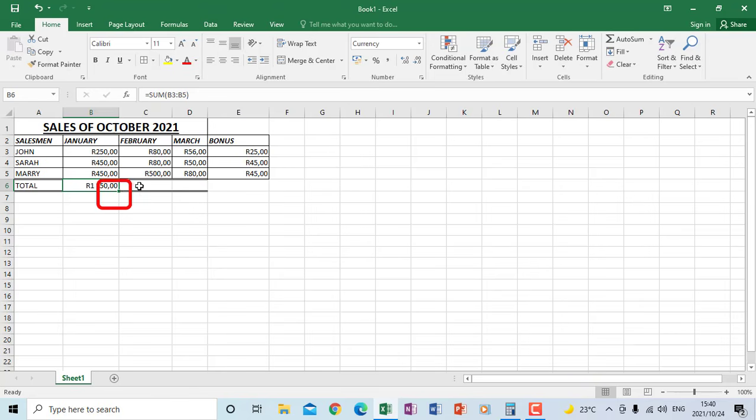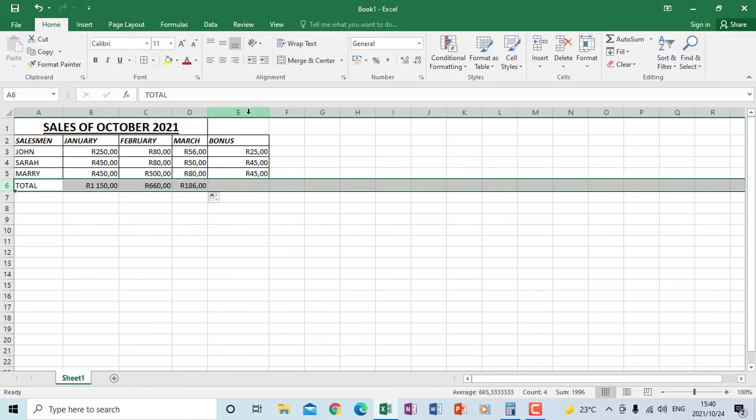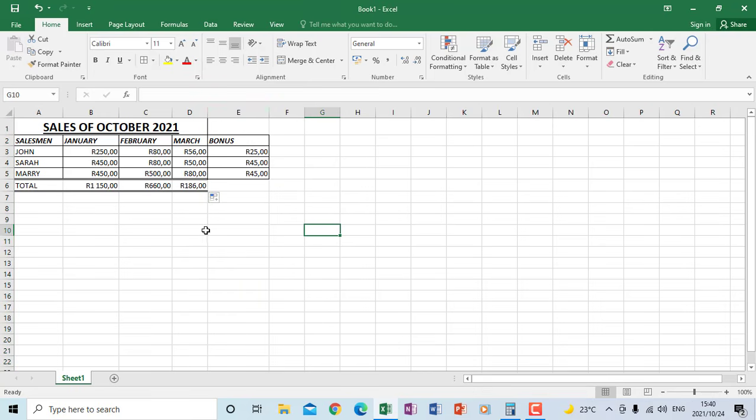So the same thing, if I want the total for February and March, I will go to the autofill button. We know what is an autofill button now. Click and hold when it changes to be a bold plus sign, and then hold and drag to fill the other columns to determine their totals. So now I have a spreadsheet that is calculated for total, and I have a spreadsheet that is calculated for bonus. So if I'm going to show the formulas that I've included in this calculation, okay, before I do that, if maybe you are told to get the lowest number and the highest number,